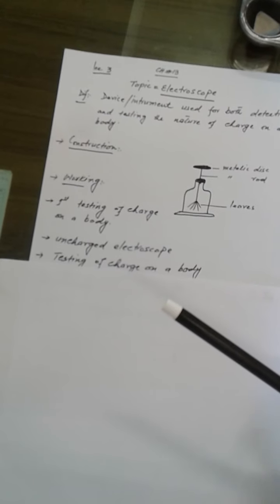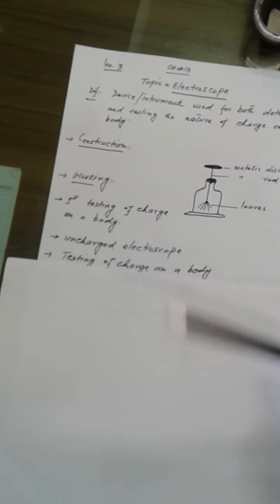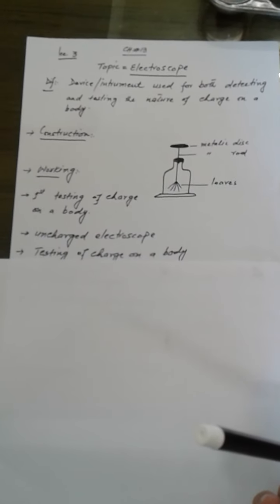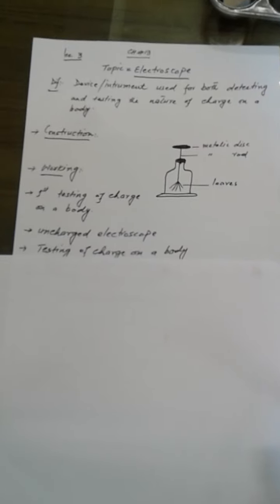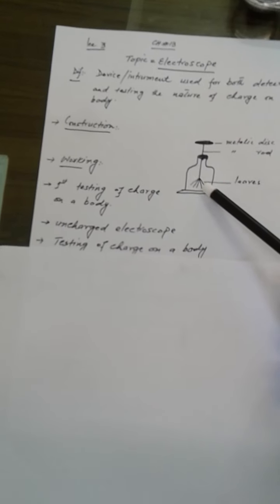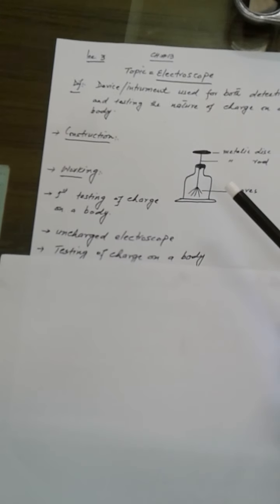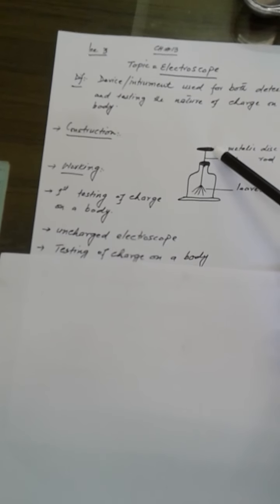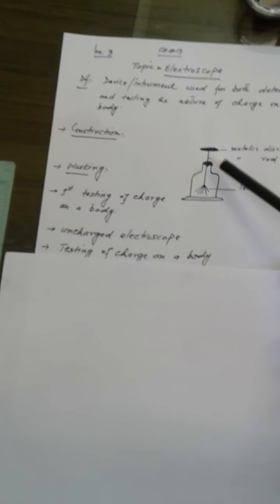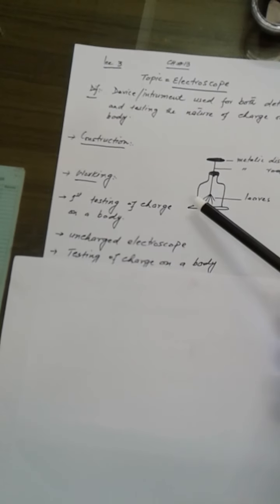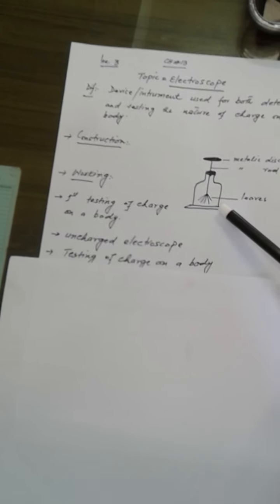There will be no charge between disc and leaves because of repulsion. Charges minimize repulsion, that's why they will move to the extreme, and the extremes are these two, disc and leaves. So if the pen is charged and let's suppose positive, all the negative will appear at the surface of the metallic disc and all the positive will appear on the surface of the leaves. So all the leaves are positively charged, they will repel each other and they will diverge.